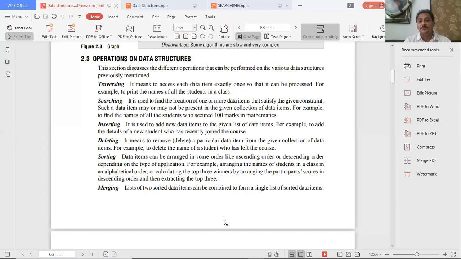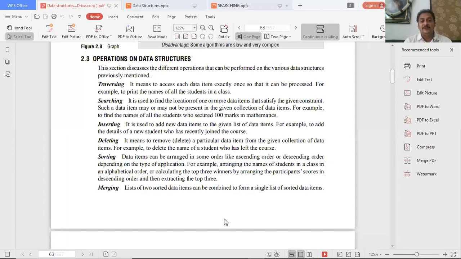What condition are we supposed to check prior to deleting an element from the stack or queue? Whether the stack or queue is empty or not. If it is empty, we cannot perform any delete operation. If some elements are present, even one or more than one, then definitely we can delete an element. Otherwise, it is not possible.